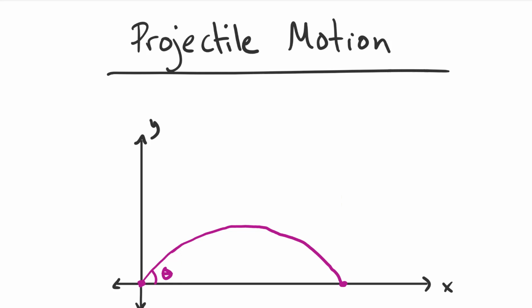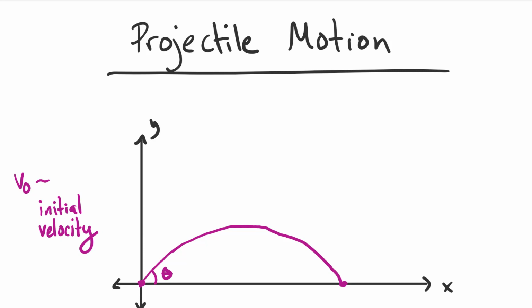Maybe you like firecrackers or rockets. So there's an angle, but there's also something called V naught. That's saying at time equals 0, right when you start. Don't stress about that little subscript of 0. That's just saying right when you start. This is called our initial velocity. So there has to be some initial velocity at which the ball is kicked.